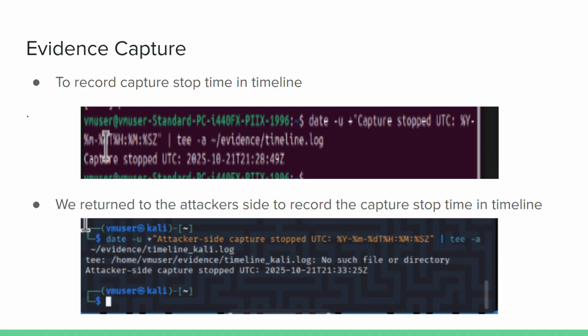We also came back to the attacker to record the capture stop time from that side as well, using a similar date -u command, as you can see. We also saved this into our evidence folder and named it bruteforceattacker.pcap. These recordings will eventually be in a timeline,